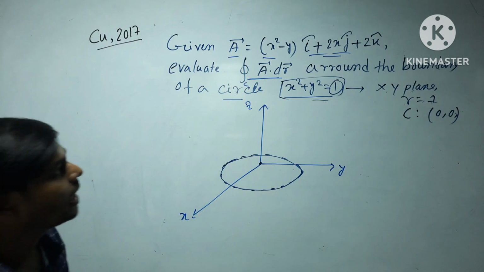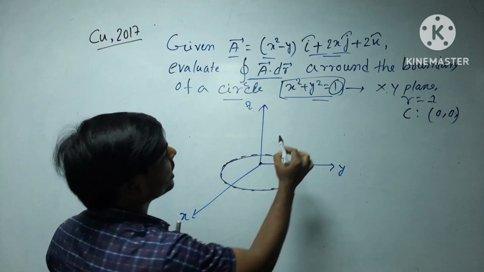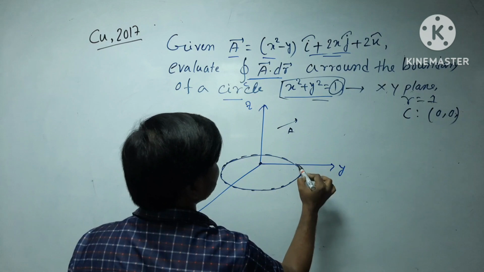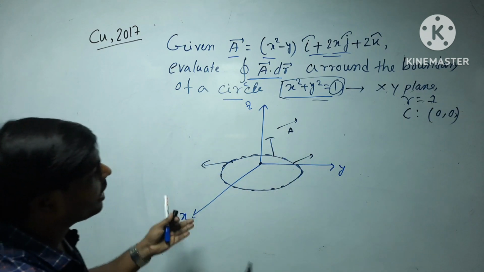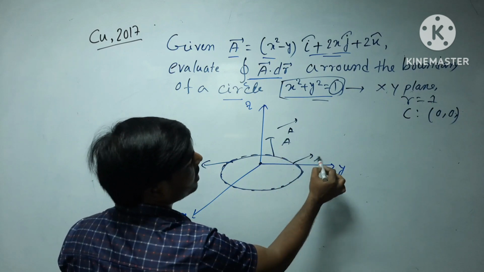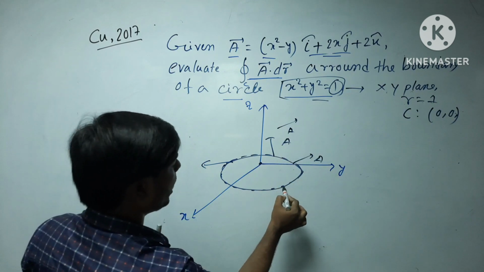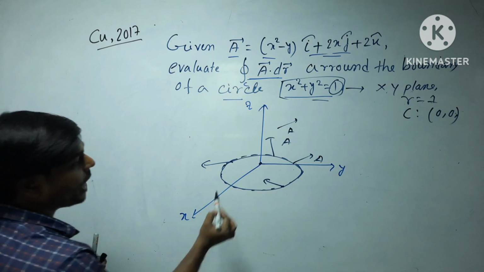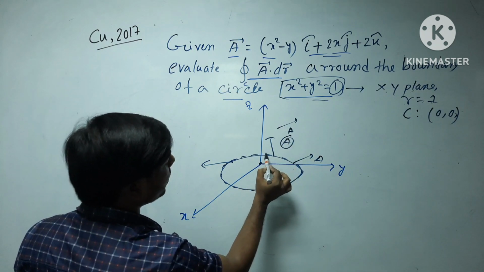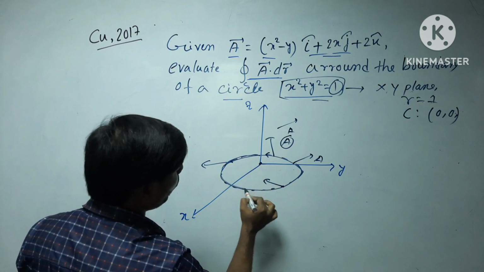Okay, so we have to evaluate a vector. বিভিন্ন জায়গায় a ভেক্টরের মান আছে, এখানে আছে, so এই পয়েন্টে থাকতে পারে, এই পয়েন্টে থাকতে পারে, এখানে থাকতে পারে, at different points this a vector is there, right? Maybe along this side also a vector is there. Okay, but we have to integrate this a vector along this closed circle,